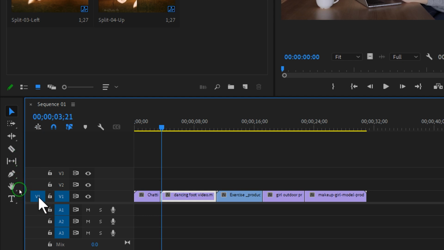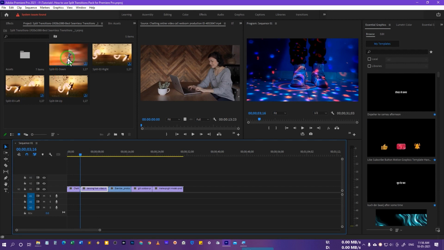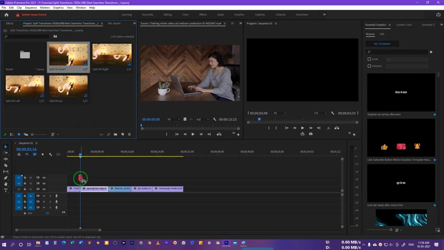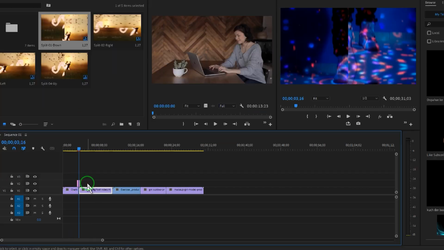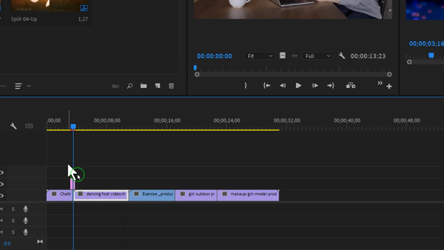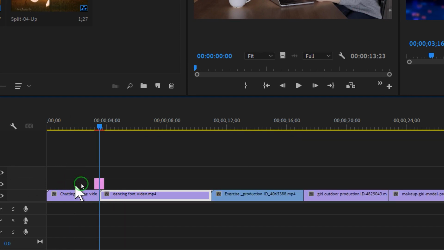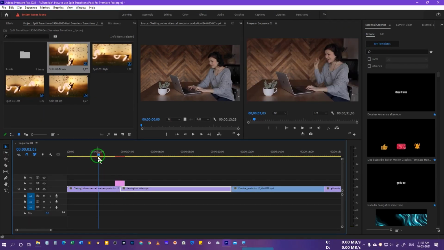The second important thing, which you don't need to forget, is to uncheck this source patching for video track 1. Then move your playhead between the cut of 2 clips, and just drag and drop any of these transitions over it, just like this. You can see now this cut is between these 2 clips. Now if you just play it, just see over here,